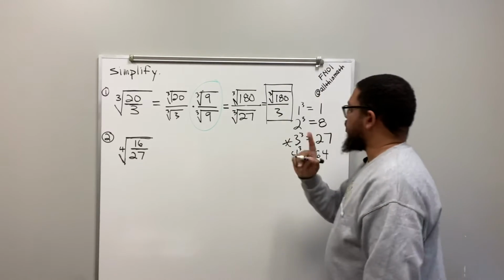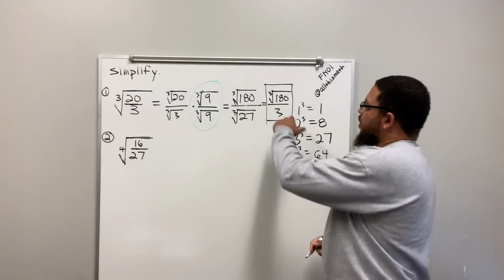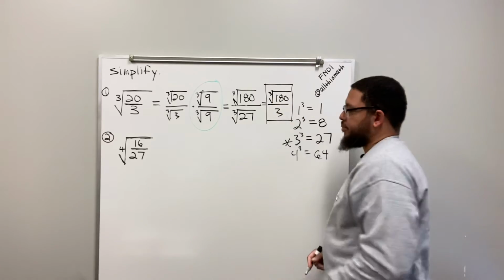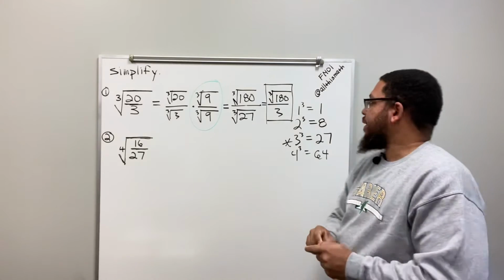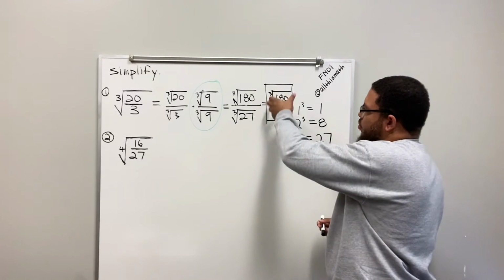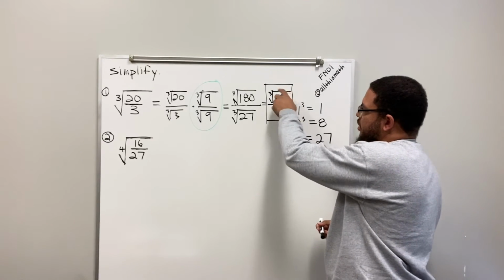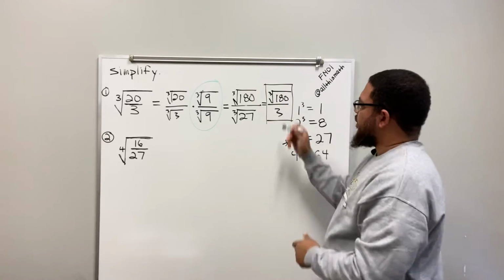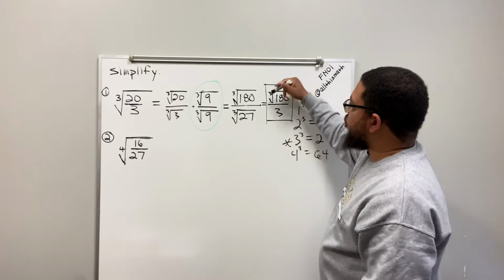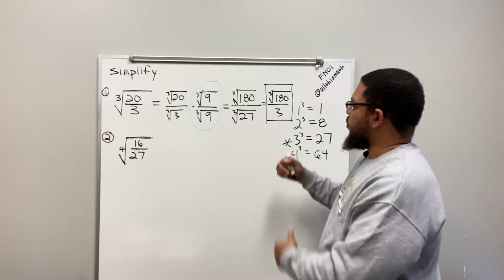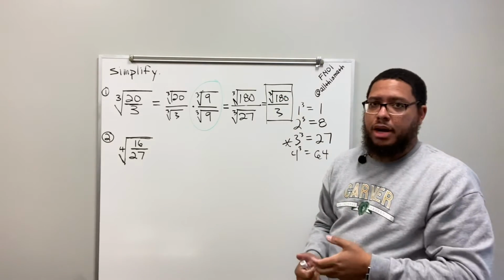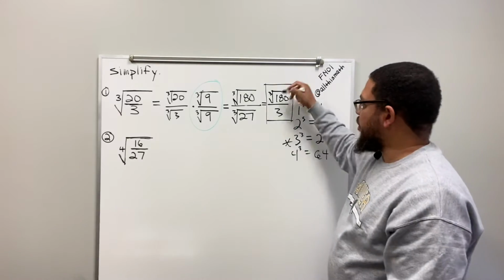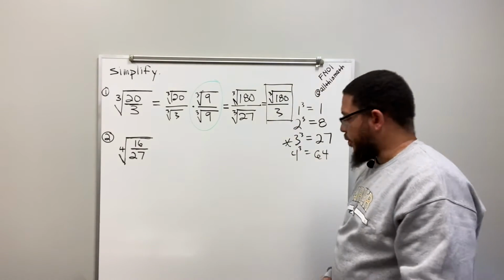Now, here's one thing I wanted to make sure you don't do. Do not try to do 180 divided by 3 and get the cube root of 60. That would be wrong. You know why? Because you can think of this as these are not like terms. This is not a regular 180. This is the cube root of 180. So therefore, you can't go in there and divide it by a regular 3. All right? So keep that in mind. So this will be the final answer: cube root of 180 over 3.